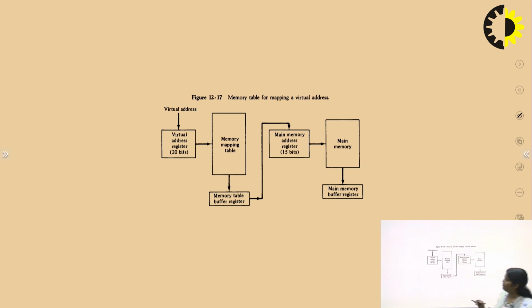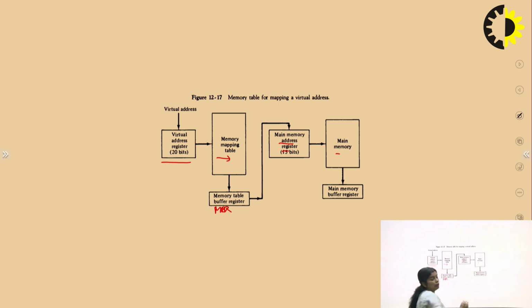First of all, we have a virtual address register, the VAR. This virtual address register goes to the memory mapping table, and then it goes to the MBR, that is the memory buffer register.